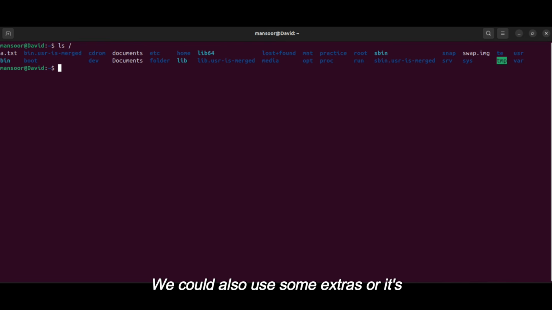We could also use some extras, called flags, with the ls command to be able to get more information. So here I have only the name of the file. In case I want to find out the ownership of these files, the size of them, the links of them, or the dates that they were last modified, I have to use ls -al